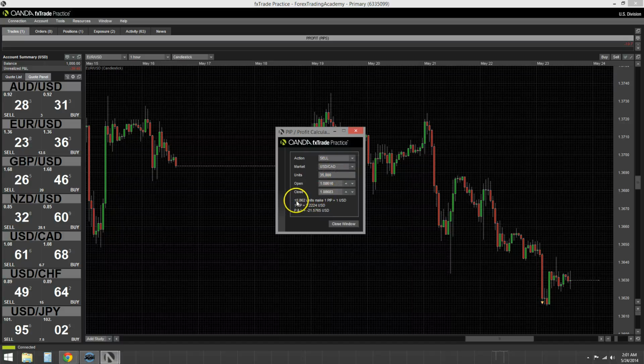for the US Canadian dollar, 10,862 units makes 1 pip equal 1 US dollar. For the Euro US dollar, 10,000 make 1 pip. Anything that is a different currency quoted first, you have these four where the alternate currency is quoted first, and then these three where the US dollar is quoted first. On these four, it's going to be the same. 10,000 units are going to make 1 pip equal $1, and you can see that as we go through the different